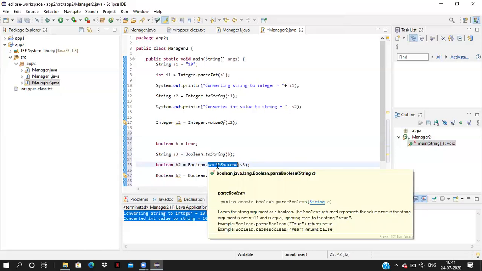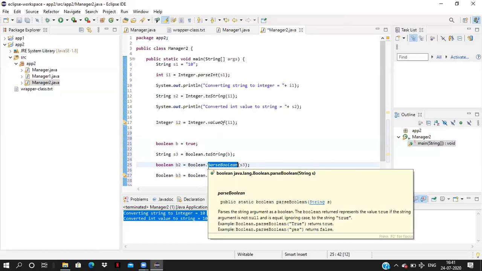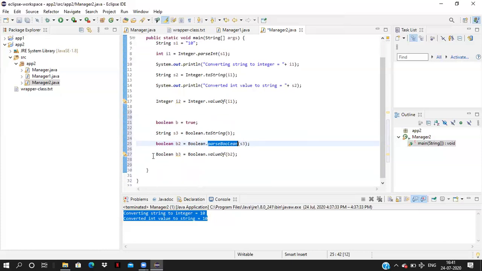Similarly, to convert the byte, parseByte is there. To convert the float, parseFloat. We have these methods. Similar to parseInt and parseBoolean, other data types also have the same methods. Here we have Boolean b3 equal to Boolean valueOf b2.